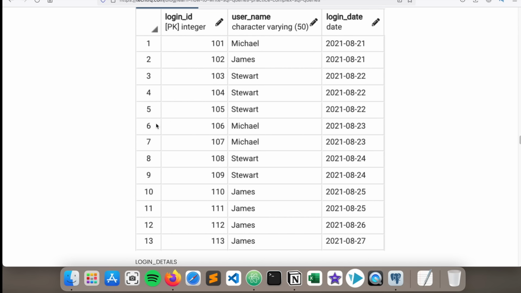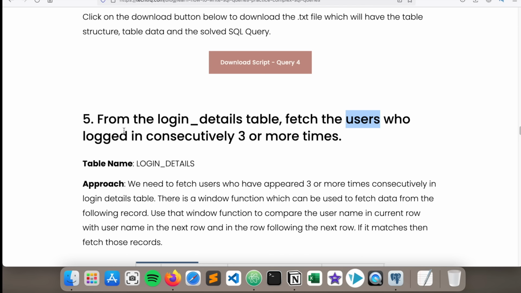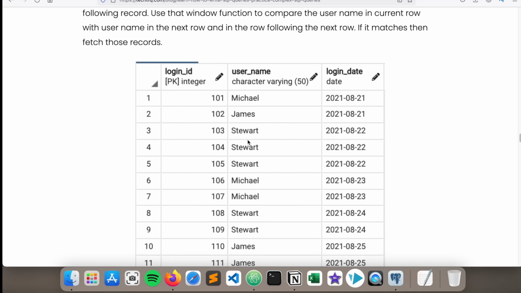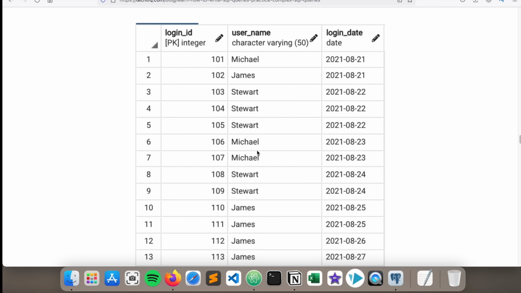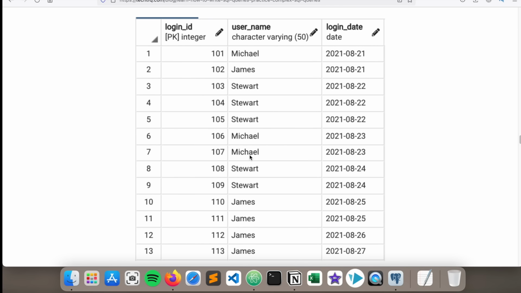Okay, so now let's proceed to record number 6. I have Michael, then again I have Michael, but Michael is only present twice, because in record number 8 I do not have Michael, but I have Stewart. So Michael should not be extracted because he's only present 2 times. I'm trying to fetch users who have been consecutively logged in 3 or more times, not 2 times. So Stewart logged in 3 times, so he gets shortlisted, but Michael only 2 times, so he does not get